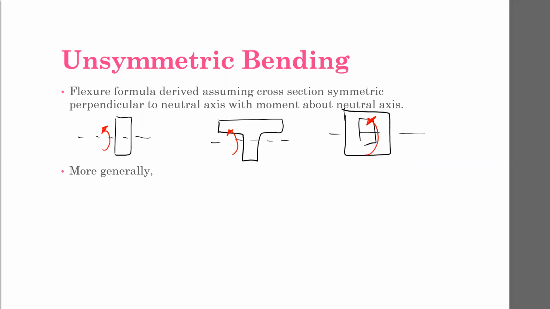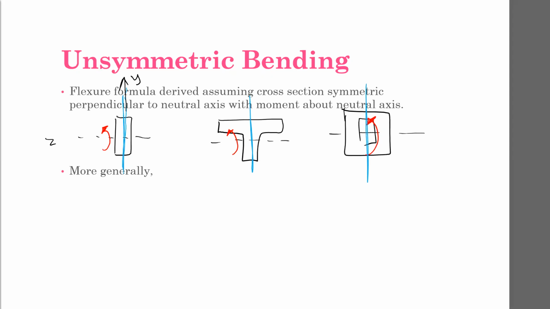And they had a plane of symmetry perpendicular to that. So this was symmetry, and that was symmetry. So a little bit of restrictions on our applicability of the equation, but given that, we determined that the stress was negative My over I, where this is our z-axis, this is our y-axis, and I is computed about that